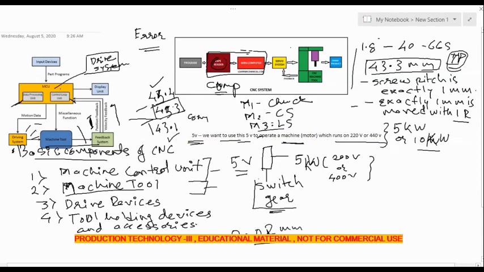Okay, so this is called feedback, and if the machine acts in a manner that it rotates your motor by a small degree so that the distance moved is exactly 43.3, then we say that the feedback system is in place and working.